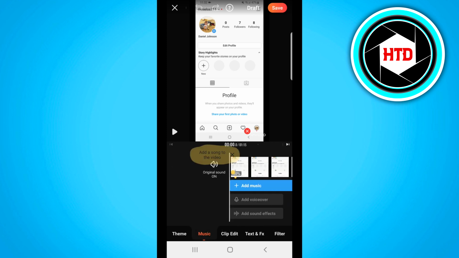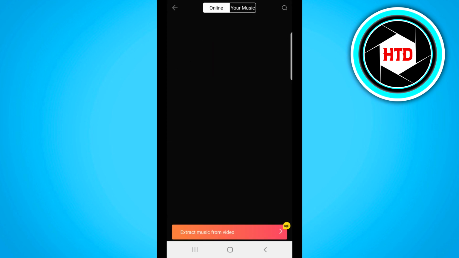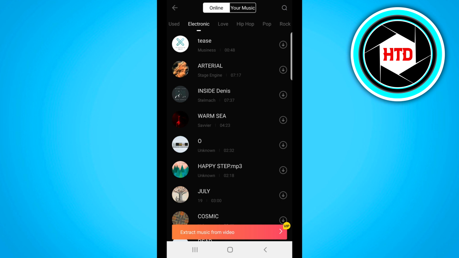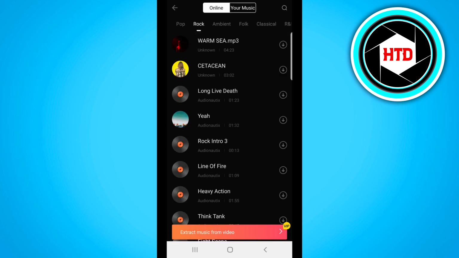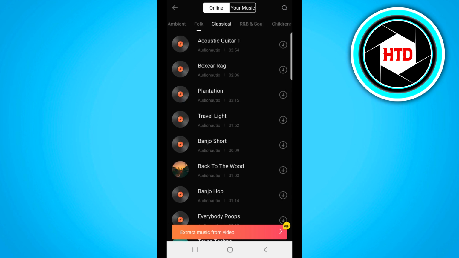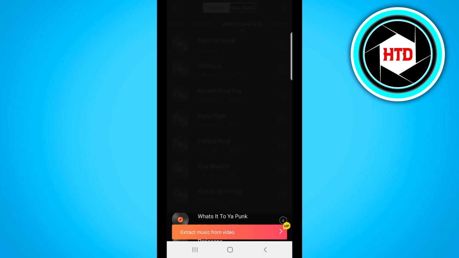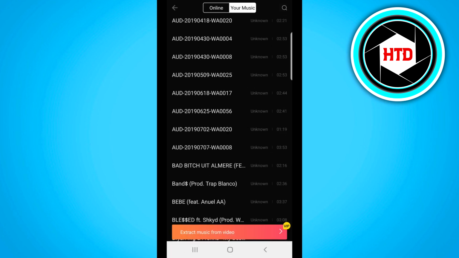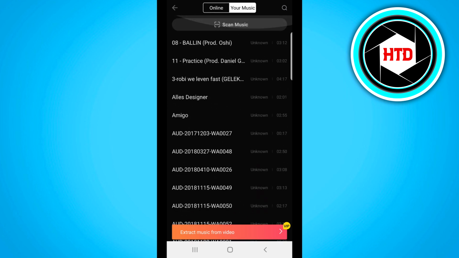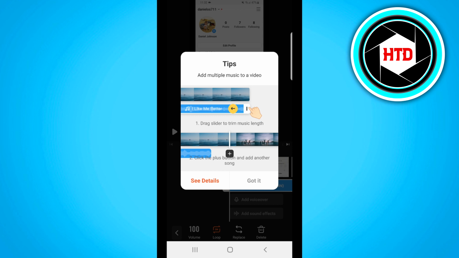Then of course you want to click on music, and then as you can see right there, this blue layer will say add music. Click on it, and it's then going to show you all of these songs that you can choose from online. So you can go through these different categories or whatever you want to call that. So you can choose them, or you can also click on your music, and then you can choose from your music on your device. So I'm just gonna click on that song, then click on use right there, then click